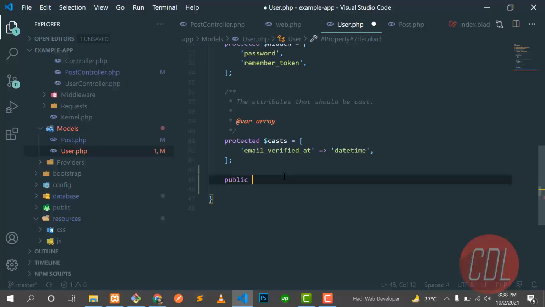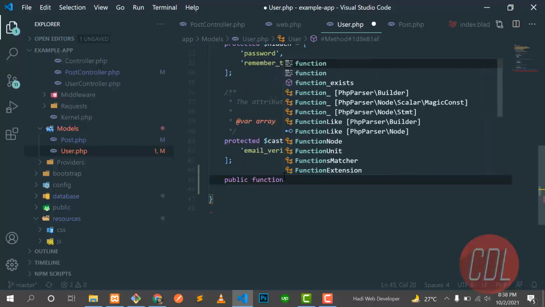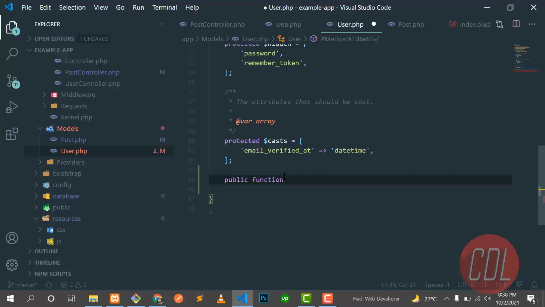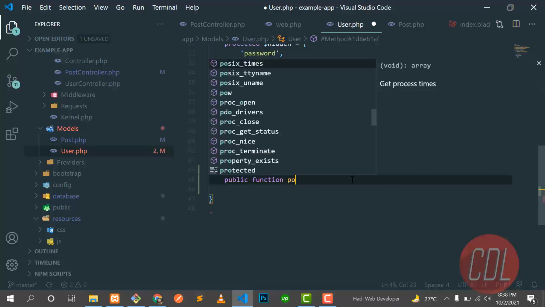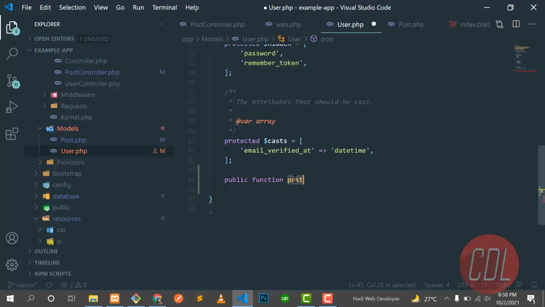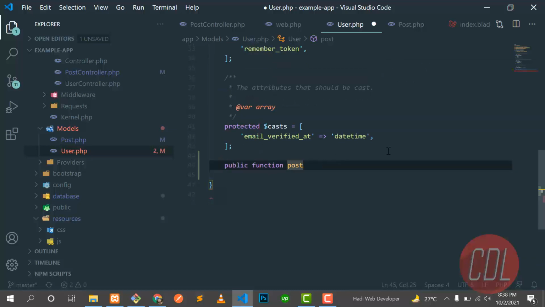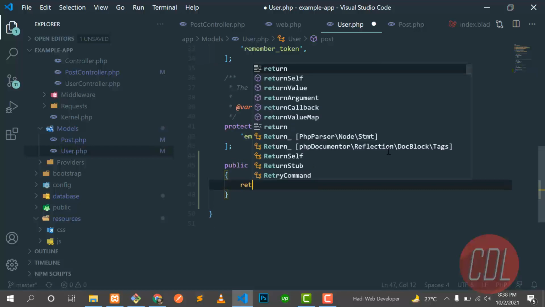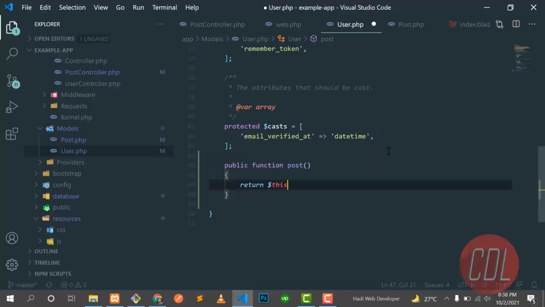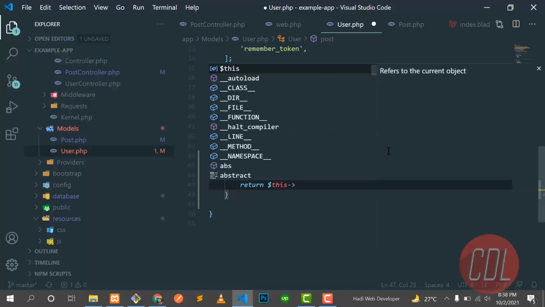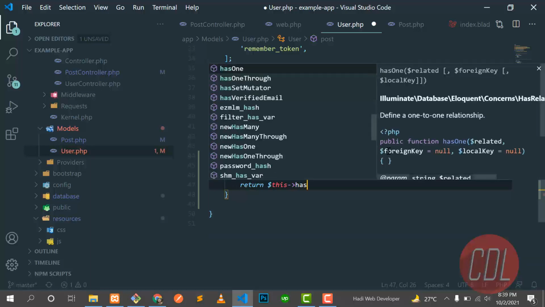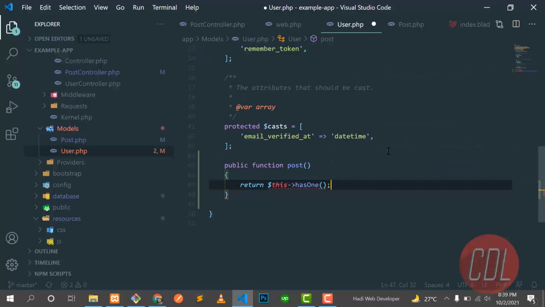So we are going to create a function here, and we can get the relationship using this function. The function name would be post. I'm naming this singular. Why? Because we are implementing a one-to-one relationship. Let me define the body of the function, and here we need to build the relation and define the relationship name. I want to use hasOne. My text editor is suggesting all of the "one" methods, but I want hasOne, and hasOne accepts three parameters.